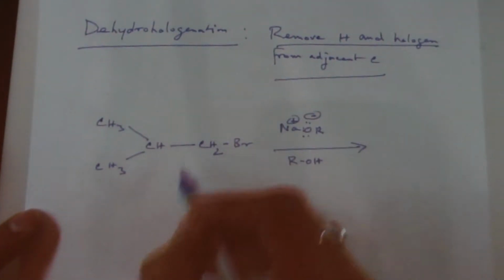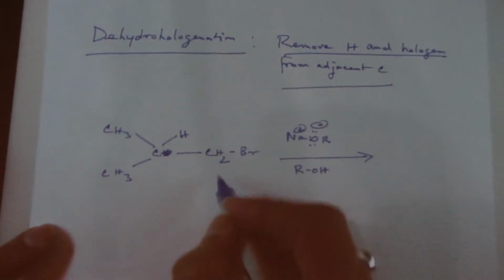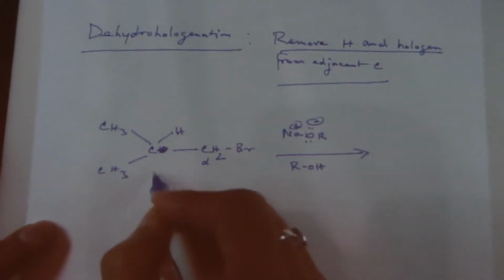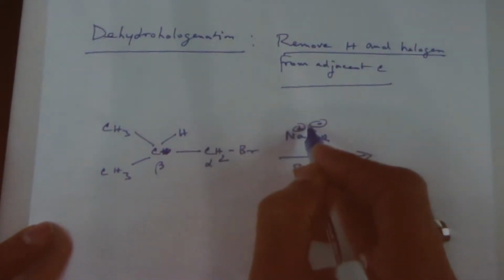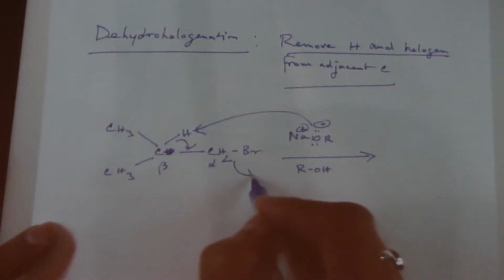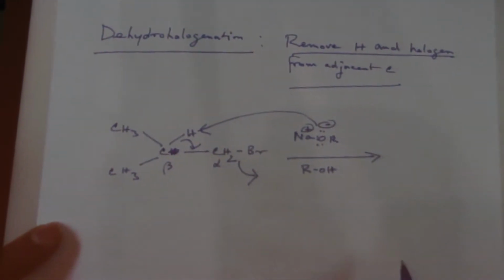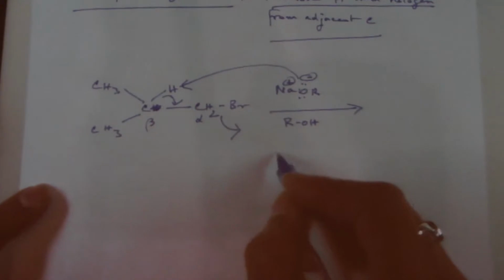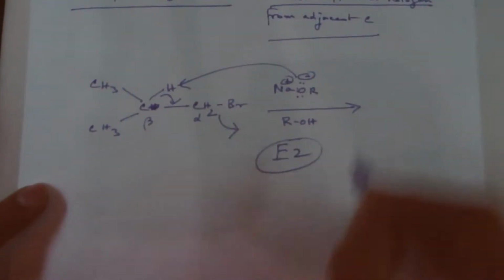And this is really a positively charged species, whereas the oxygen is a negatively charged species. That's the one that attacks and essentially removes one of the hydrogens from the beta carbon. So this is alpha, this is beta, and it pulls out the proton and kicks out the bromine in one step. That's why this is the E2 mechanism, where